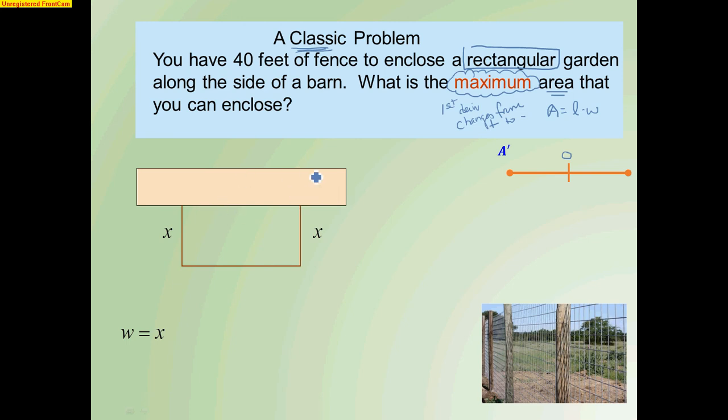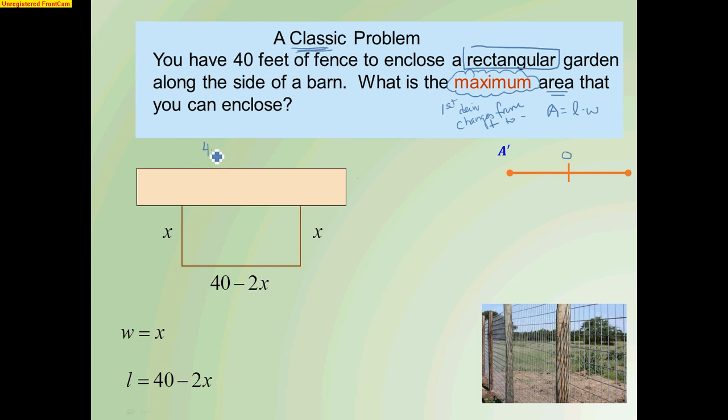right? Here's the side of my barn, here's my rectangle, and notice that I made two sides X. I could make them Y, could make them Z, could make them T, whatever you want, I could make them W for width, but I'm a math teacher, so I chose to make W equal to X. But if W is X, I know some geometry, right? What is the perimeter of 3 sides? If I take to enclose this perimeter, I need X plus this side, but if I've already used,